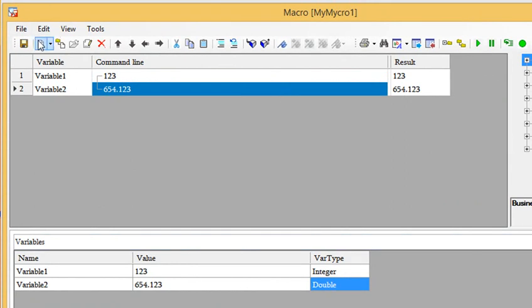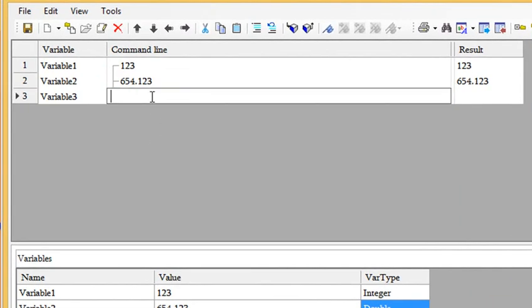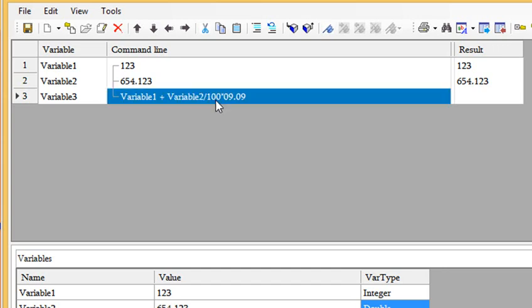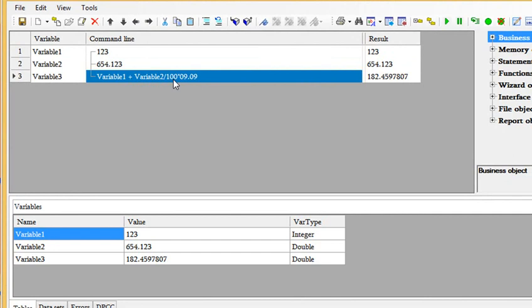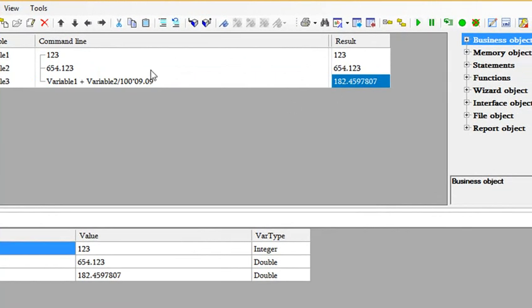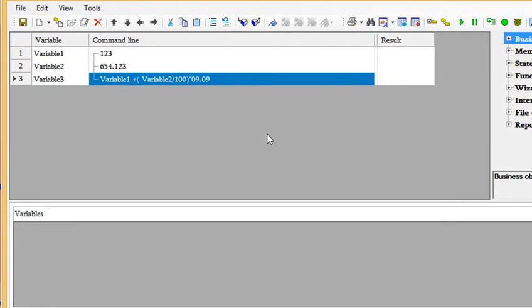For example, we can add variable 1 and variable 2 together. We can also divide by, let's say, 100 and multiply by some number as well, and so on. Then we can run the macro step by step and look at the result. We can use parentheses here as well. Run macro again,